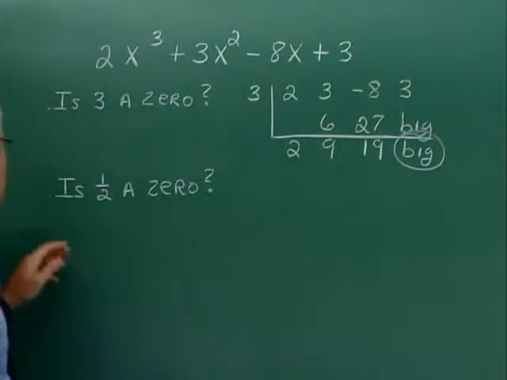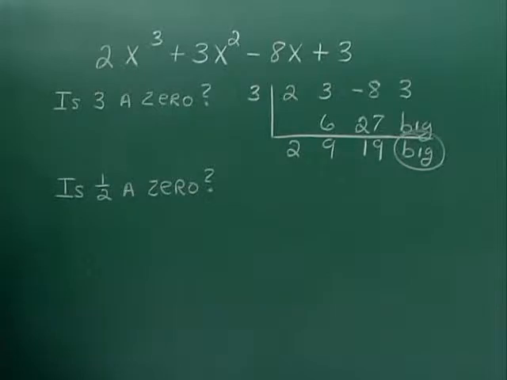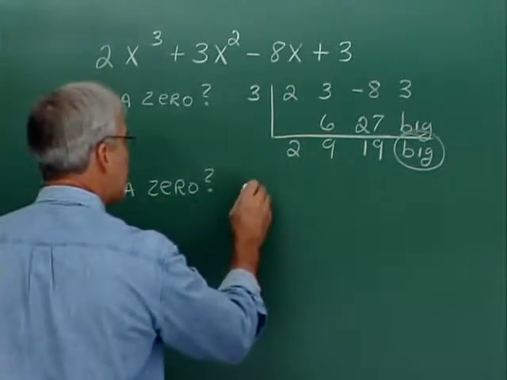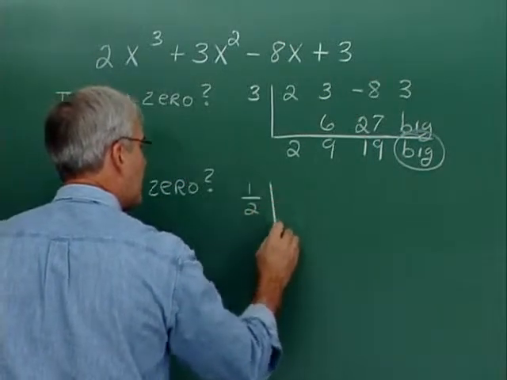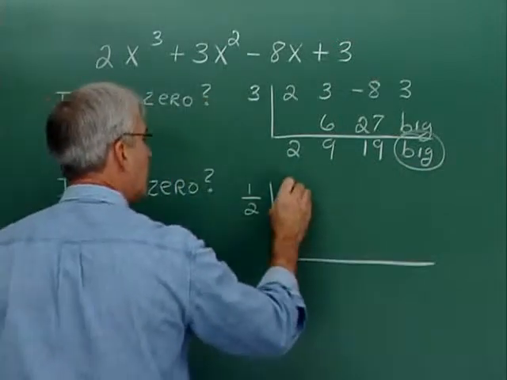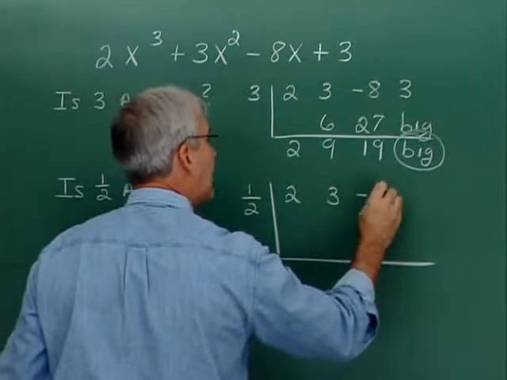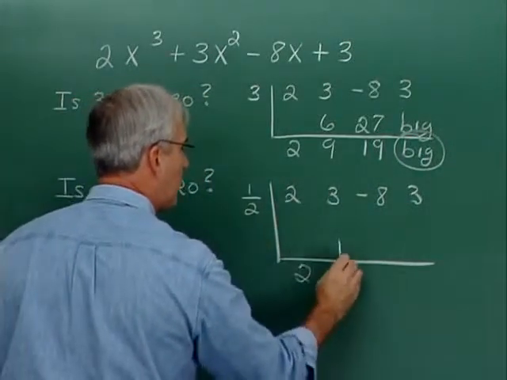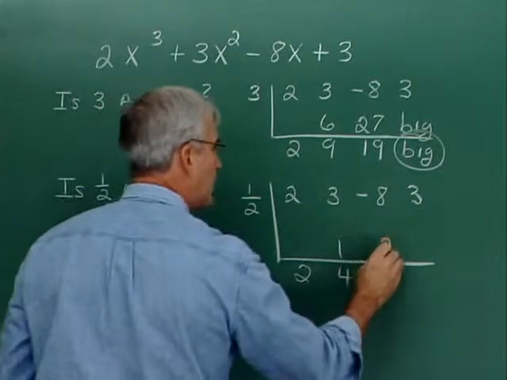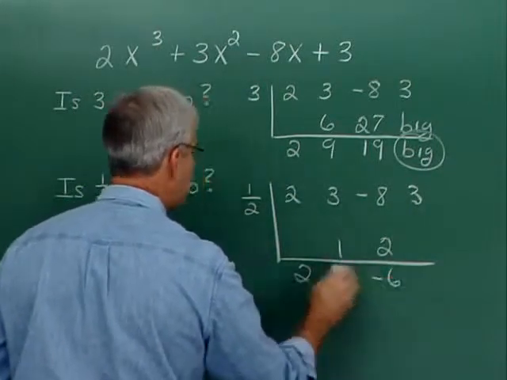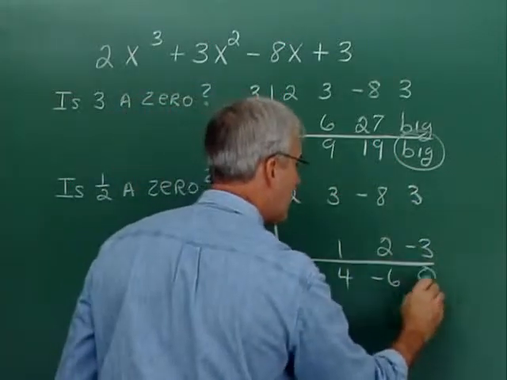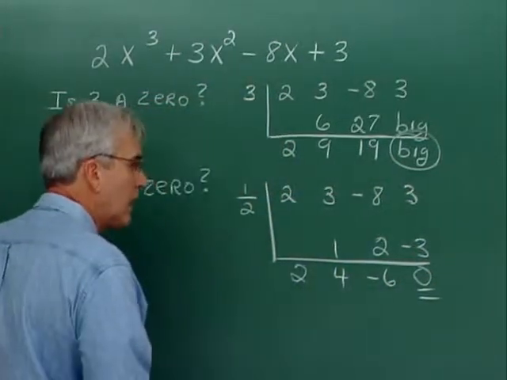Let's try another one. Is 1/2 a 0? Well, I want to show this one because I want you to realize that it's okay to divide synthetically by a fraction. And it's really pretty easy. It's 1/2, and we're dividing synthetically into the 2, 3, negative 8, 3 business. Bring down the 2. Half of 2 is 1, 3 and 1, 4. Half of 4, 2. Negative 8 with 2, negative 6. Half of negative 6, negative 3. Oh, happy day, 3 with negative 3 is 0. So our remainder is 0, and therefore